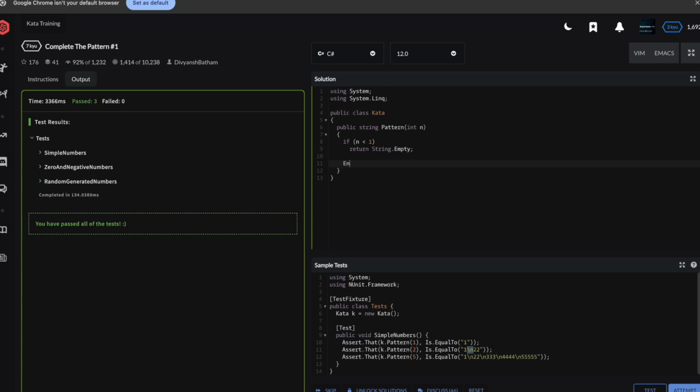So we knew first we want a collection of numbers from 1 to n, right? So we saw to do that there was Enumerable.Range. And we give it a start value, which in our case is always 1, and all the way up to n, which we know is at least 1, right? Because this clause protects us. So good. And then what do we want to do with each of those